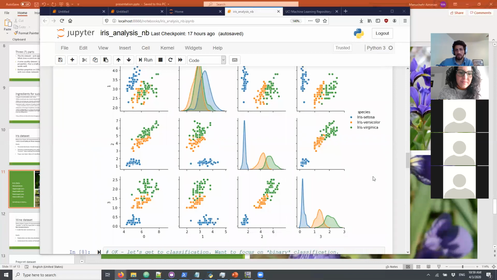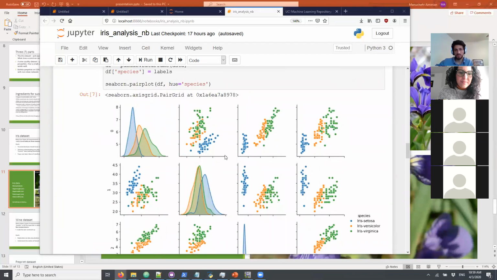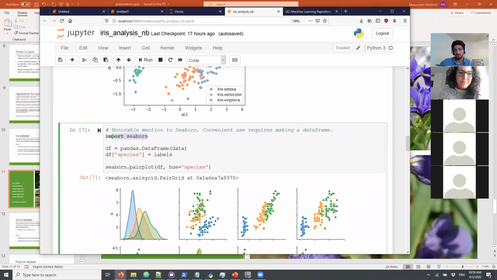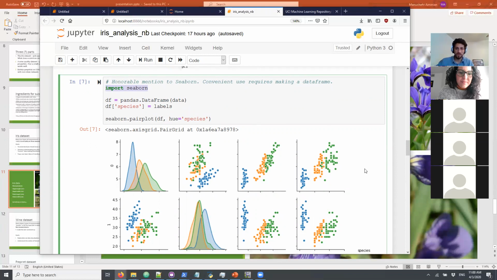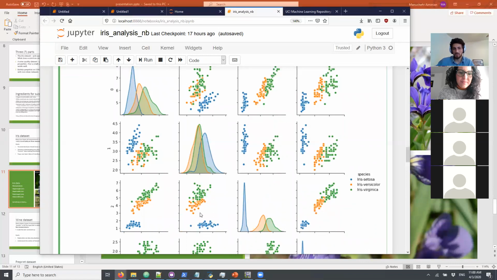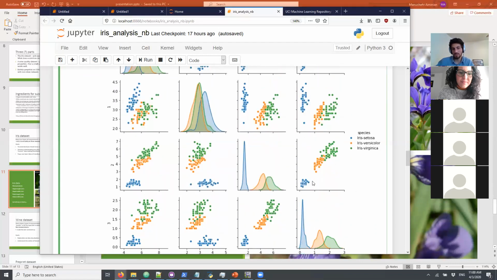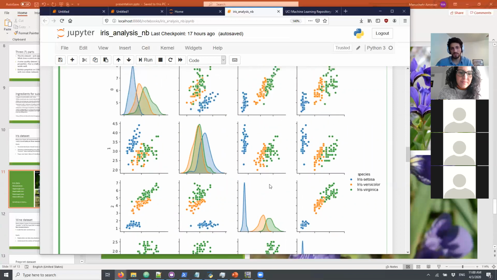I think that's about it. Something else I could highlight, but I'll pass on for now, is that there's many more high-level tools to speed up your early analysis. One in particular is called Seaborn. This is yet another visualization package built on top of Matplotlib, which can do fancy things. So there's this part where I was just saying, oh, let's look at 0 and 1, 0 and 2, 0 and 3, right? It has a nice function to basically do all combinations for you. So this can be really useful to explore data, if you have a small number of variables. If you have 4, it's nice, but if you have 100 or even 10 or 11, as you'll see in a minute,